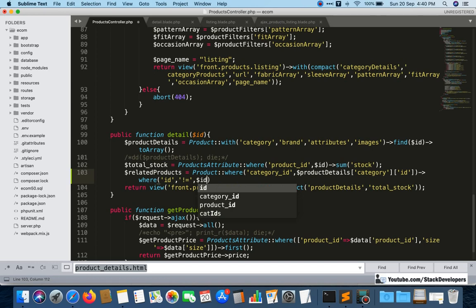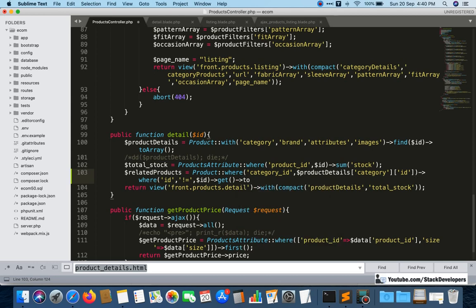The current id is coming in dollar id. We write this so that we will not get the current product inside related products. Otherwise we are going to show the current product as a related product as well, and that is not fine at all. Here we can just give get and then toArray.